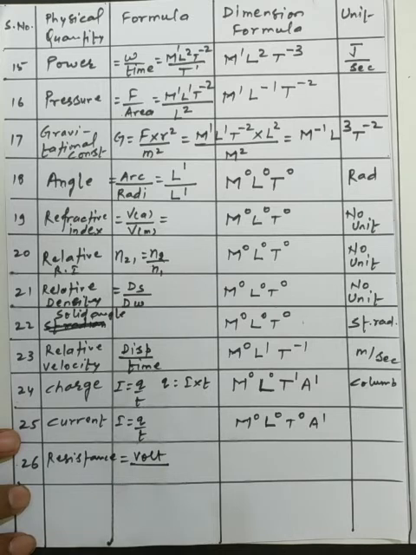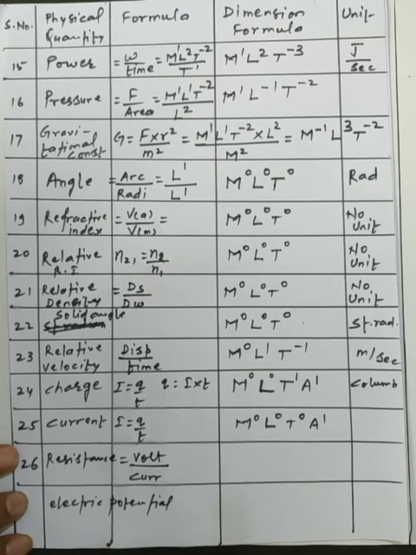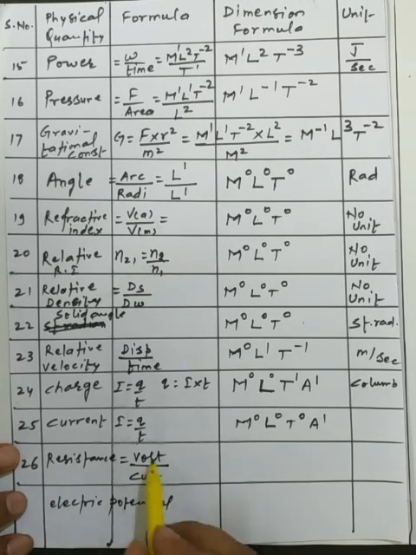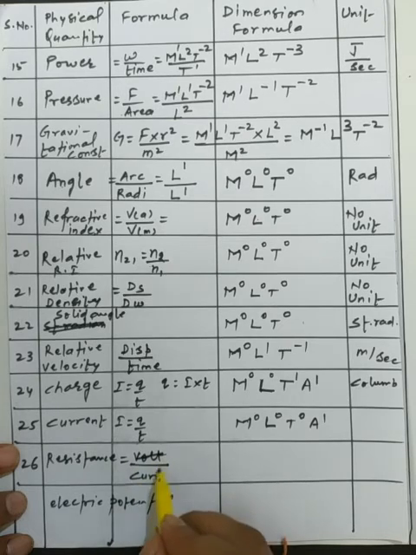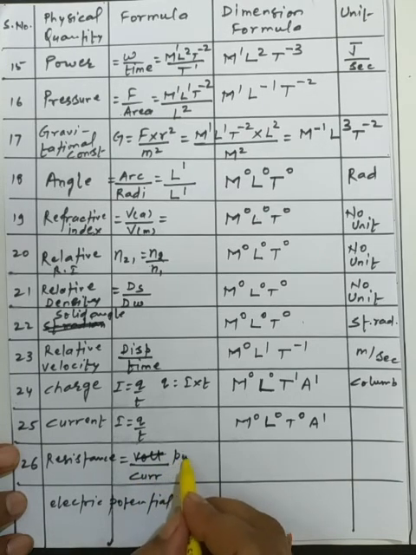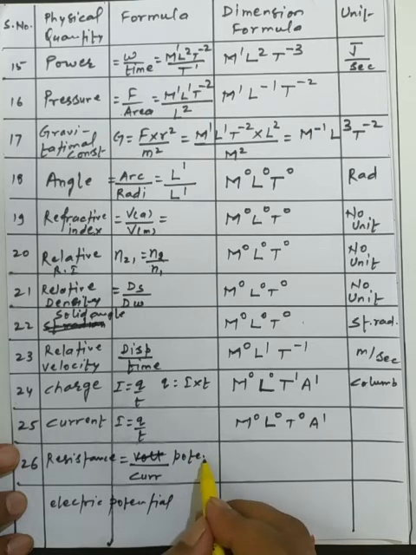V is equal to IR, volt upon current. So it's a general formula we have. Okay, so I have written the formula, that is resistance is equal to volt upon current. So generally volt has the reference of what is called the electric potential. Okay, so in the 10th class we have discussed potential a little bit.